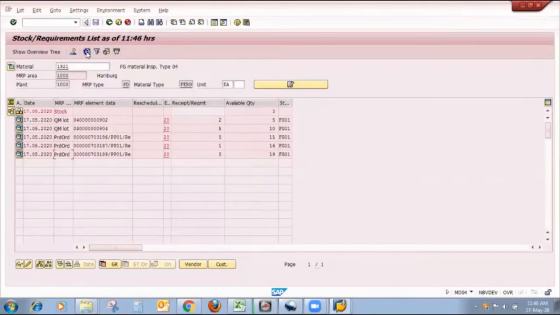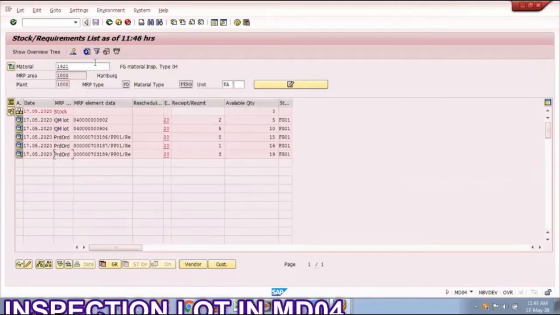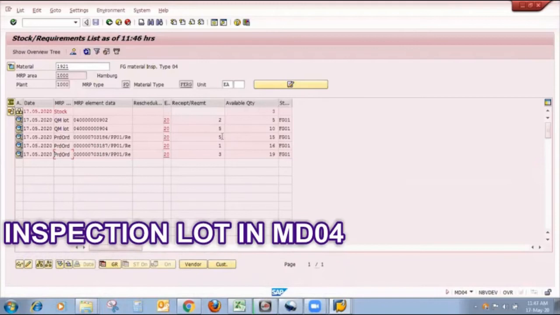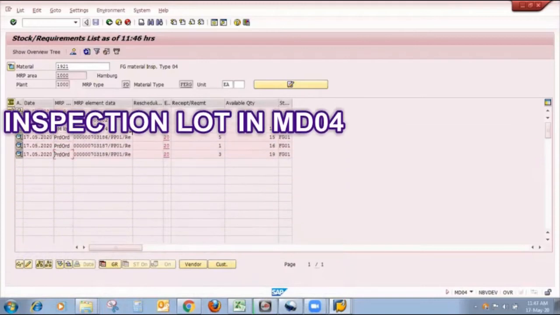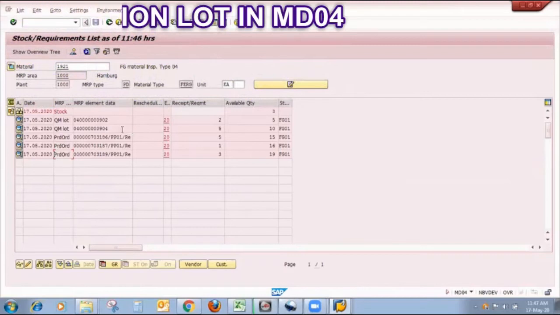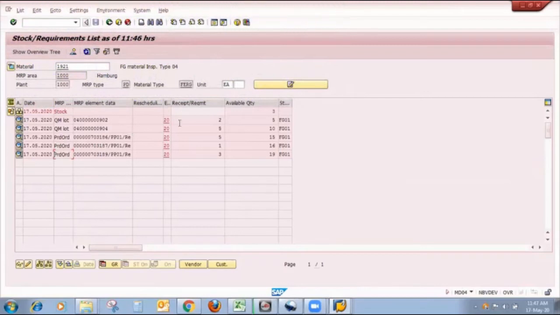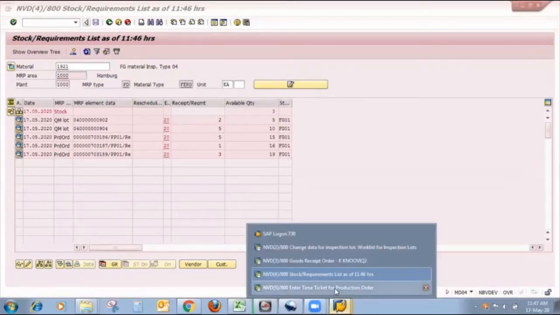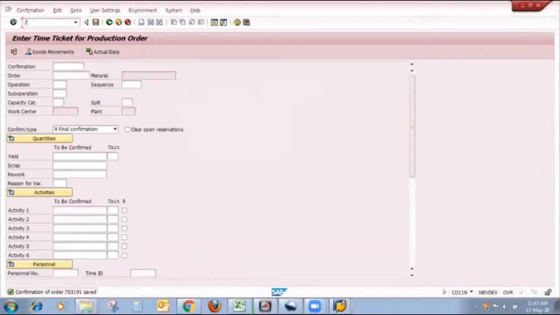When I refresh it, there is a quality or QM lot generated, of 5 quantity. Now my next step is to process this inspection lot.